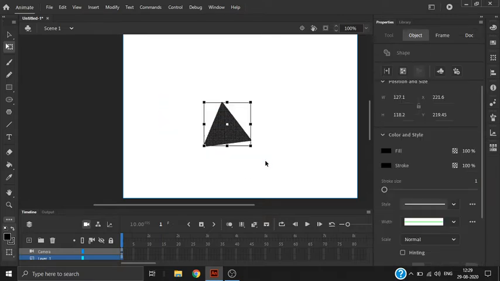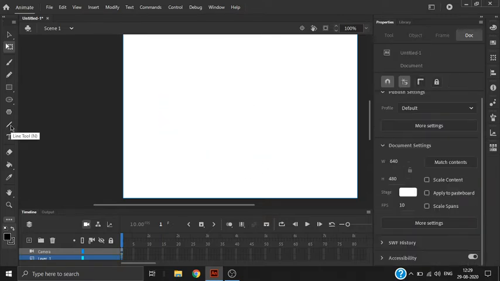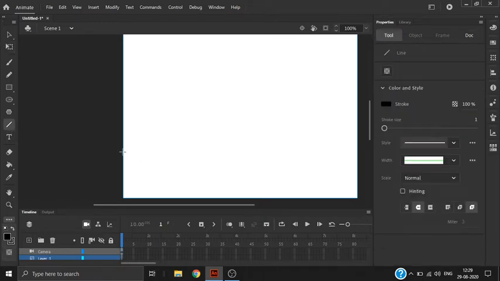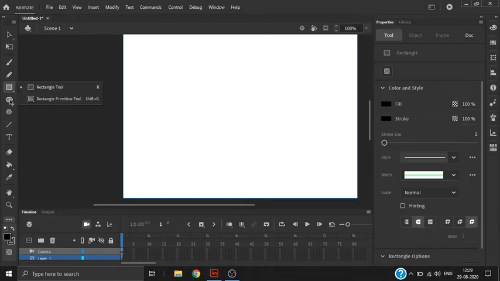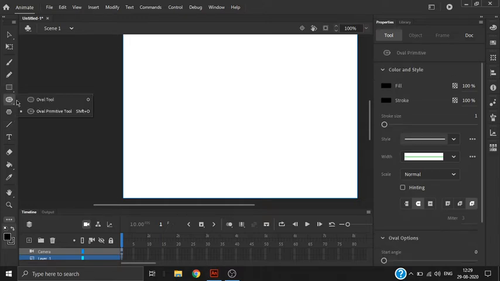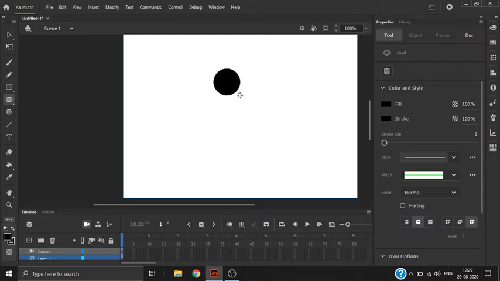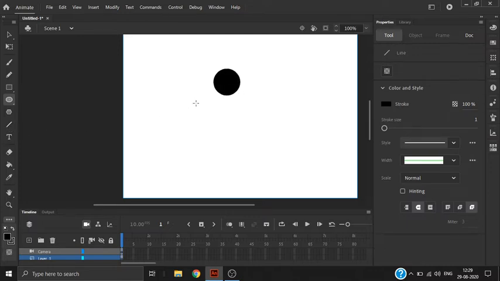Okay. And our next tool is the line tool. The basic use of lines is to make a stickman figure. One second, I'll draw and show you. This is the head of the stickman, and you can increase the size of the line.